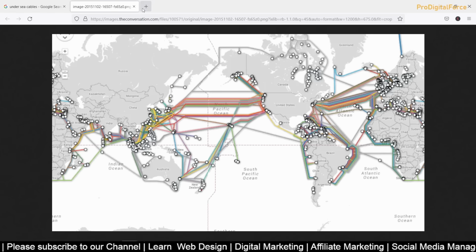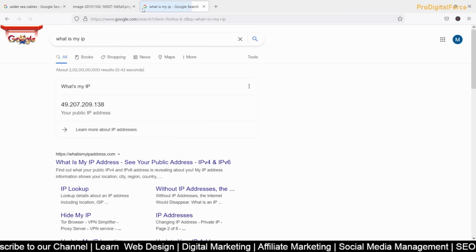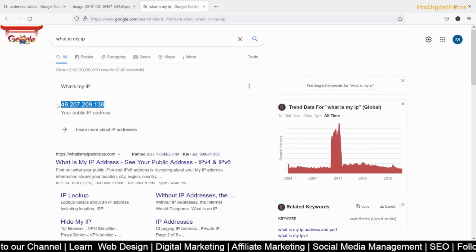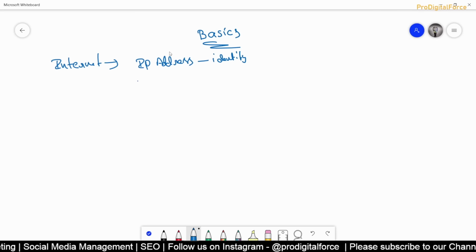So you just go to Google and search for what is my IP. Okay, so you'll be able to get to know what your IP address is. Right, so this is your IP. This is how you represent yourself globally. Of course, with your home internet, this IP will keep changing, right? Maybe after 1 hour or tomorrow, if I check, it will show you a different IP. But this will be there. I mean, everyone will have an IP address. So that's your identity.